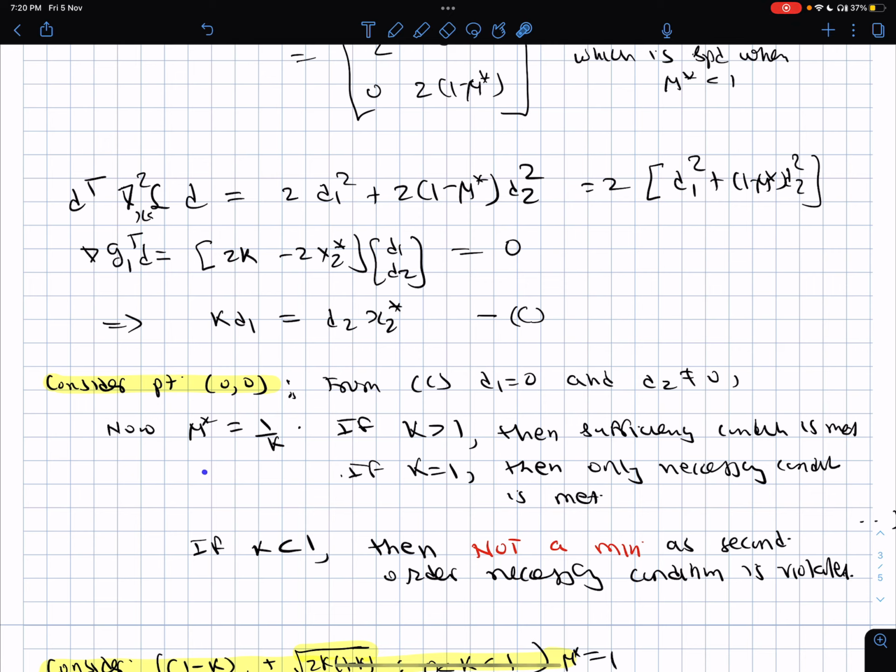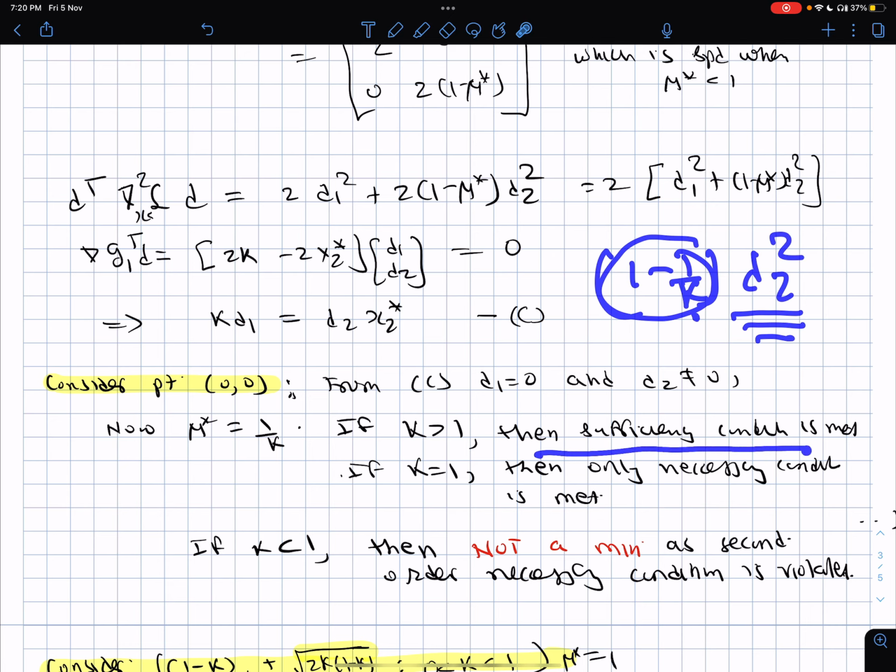Now mu star is what? 1 minus k. So this term becomes 1 into 1 minus k into d2 square. Since this is always positive, I only need to worry about this. If k is greater than 1, then clearly 1 minus 1 by k is positive. 1 minus 1 by k into d2 star square is greater than 0 for d2 not equal to 0. So the sufficiency condition is met, and hence for k greater than 1, 0, 0 will become